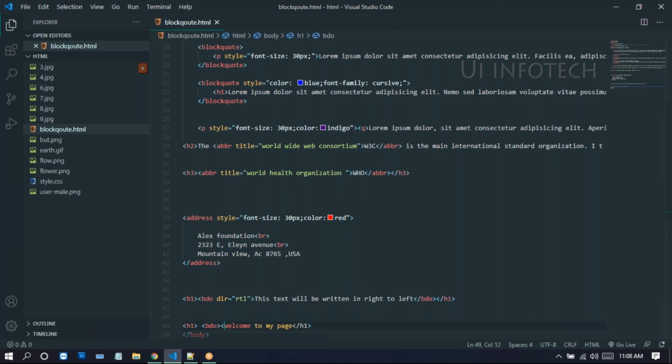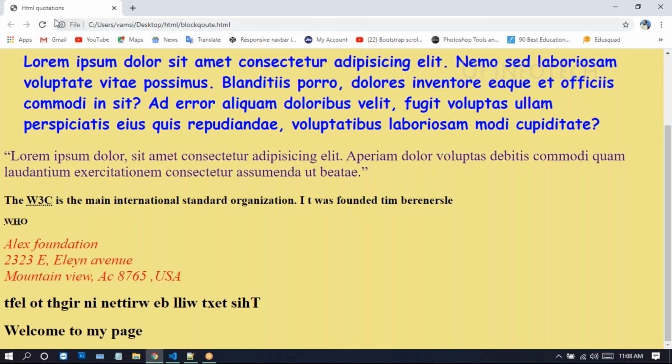So here we can use this attribute like dir. Dir stands for direction. Then for this direction we can write RTL here. Now we can reload this page. So there you get the expected output here. See, it will flow from right to left. Like this, we have these quotations in the HTML.